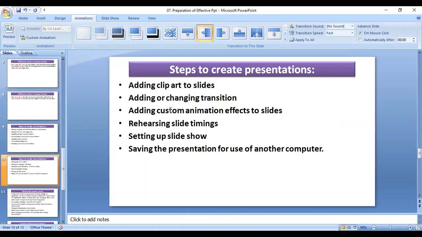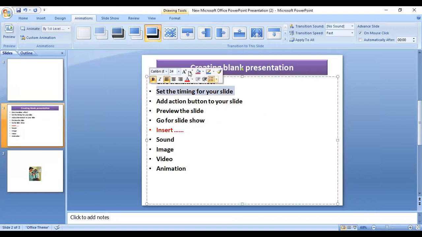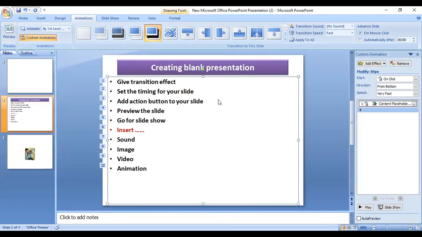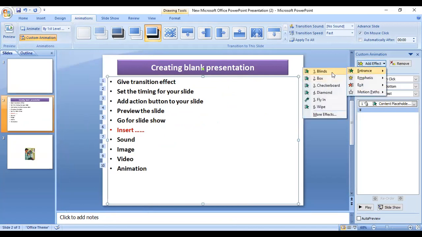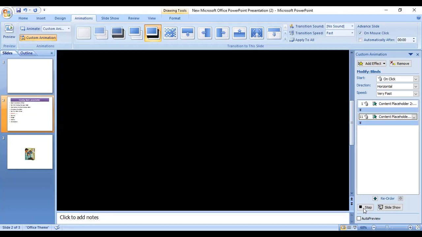Okay. Then adding custom animation effect to slide. Animation effect you can add here. I added the animation effect here in this slide. So here is the animation. In animation views, you can find custom animation. So like this way, you can make changes. So this is the blind one. So you can have a preview.